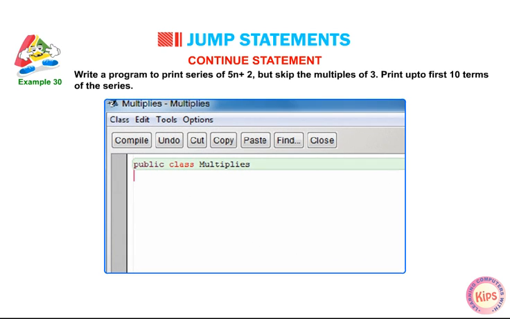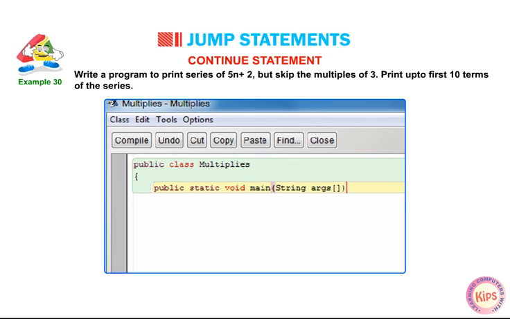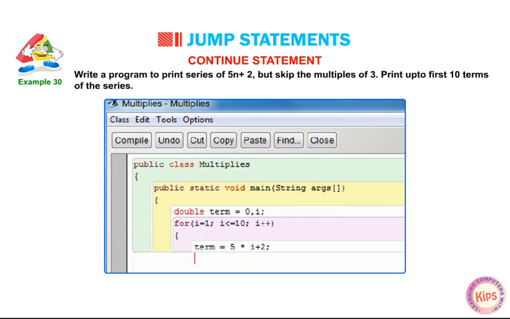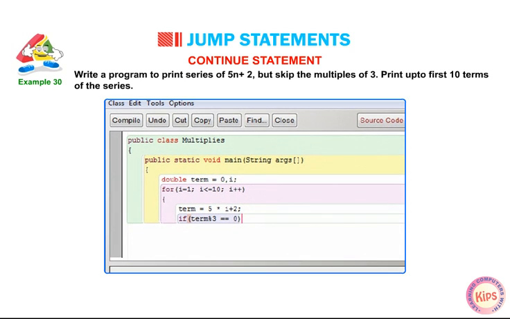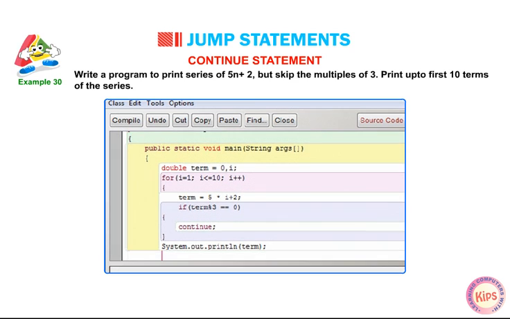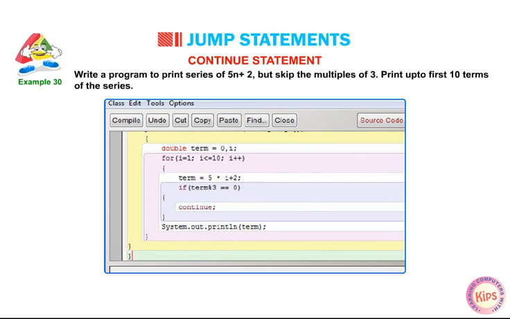public class Multiples { public static void main(String args[]) { double term = 0, i; for (i = 1; i <= 10; i++) { term = 5 * i + 2; if (term % 3 == 0) { continue; } System.out.println(term); } } }